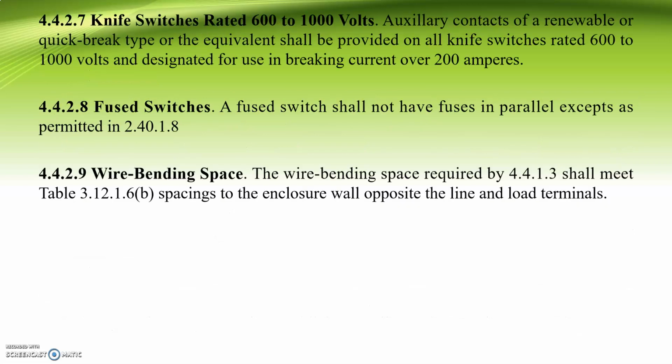Chapter 4.2.7, so knife switches rated 600 to 1000 volts. So auxiliary contacts of a renewable or quick break type or the equivalent shall be provided in all knife switches rated 600 to 1000 volts and designated for use in breaking current over 200 amperes. Chapter 4.4.2.8, so fuse switches. So a fuse switch shall not have fuses in parallel except as permitted in chapter